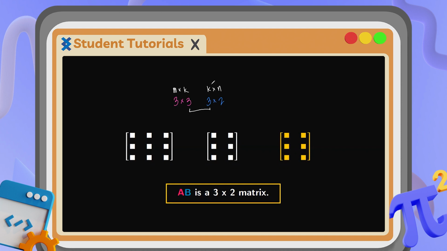And with that, the resulting matrix would be 3 by 2, which results to the m by n matrix. So if I have, let's say, a 5 by 8 matrix, and I have an 8 by 1 matrix, my resulting matrix would be 5 by